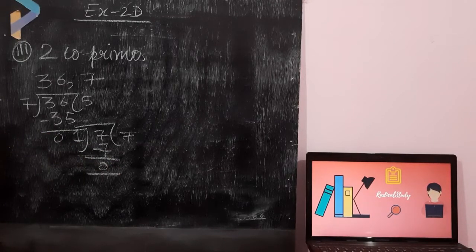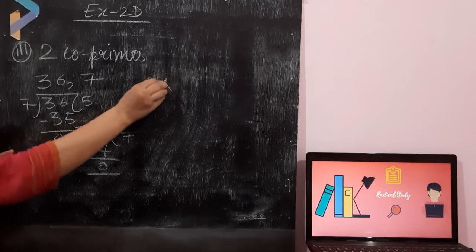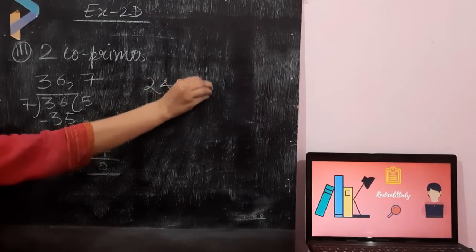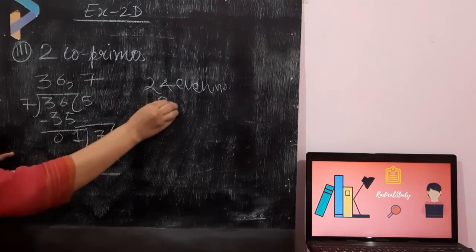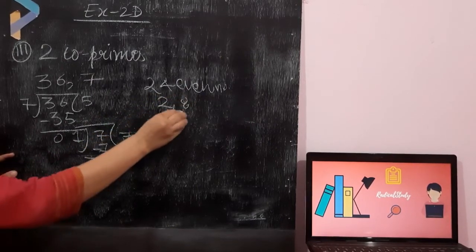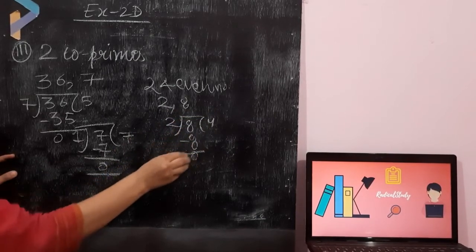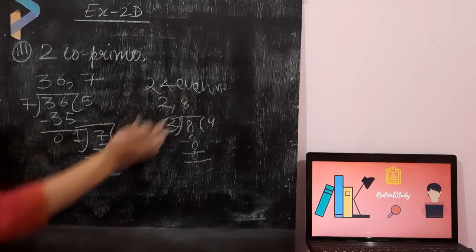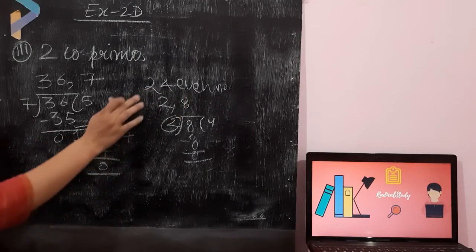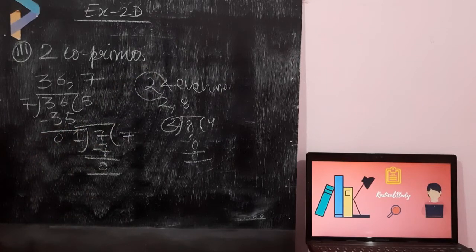Right, students? Now the last option is 2 and an even number. यानी हमें 2 का और एक even number का दोनों का क्या निकालना है? HCF निकालना है. तो even number हम लोग अपनी मर्जी से ले सकते हैं. तो I am taking 2 and 8. तो जब 2 और 8 का आप HCF निकालते हैं तो you will find what? 2 as the HCF. जब आप 2 के साथ किसी भी even number का HCF निकालेंगे you will find the answer 2 only. हर केस में आपका आंसर 2 ही आएगा.